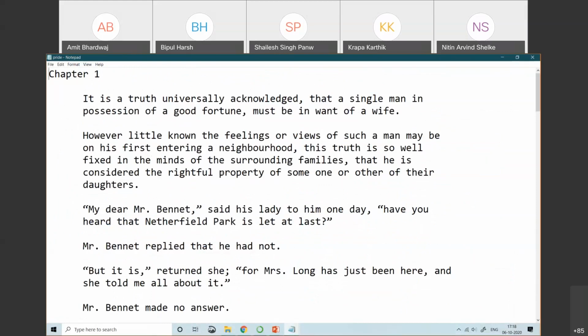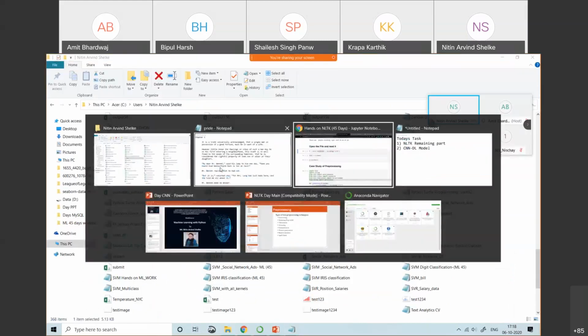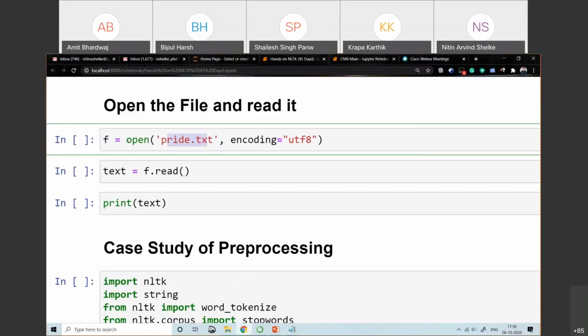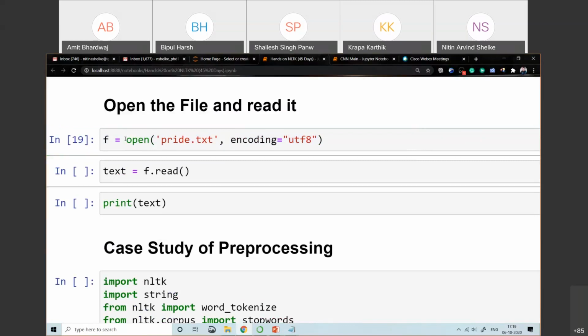So we first need to read it into the Jupyter notebook. To read the file, we have the open function in Python. Open, in brackets, the name of the particular file and the encoding. Encoding means the data is in some encoded form, so we add the encoding as UTF-8. Using the open function we read the file, and then .read is the method to read the content of the file.